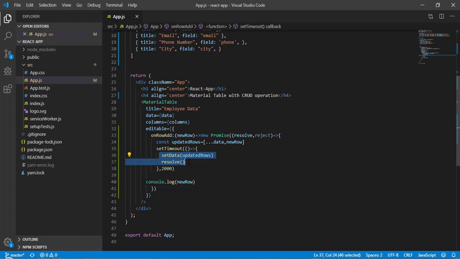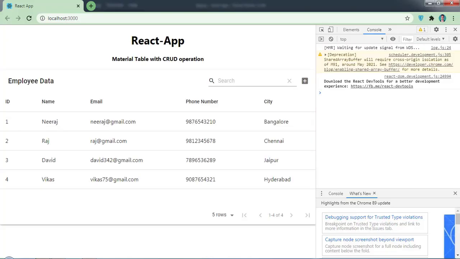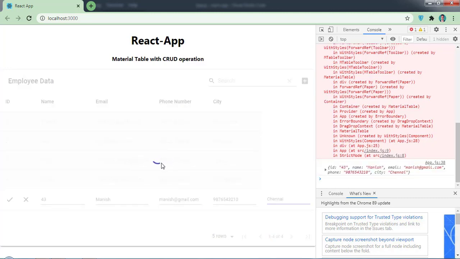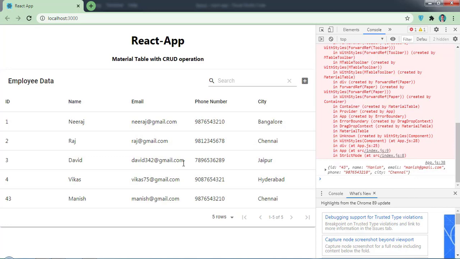Okay, so now save it and let's come here, click on add and here ID, name, manish@gmail.com, here the phone number and Chennai. Now let me hit enter. So you can see it is processing, and after 2 seconds processing has been stopped and our row got added here.